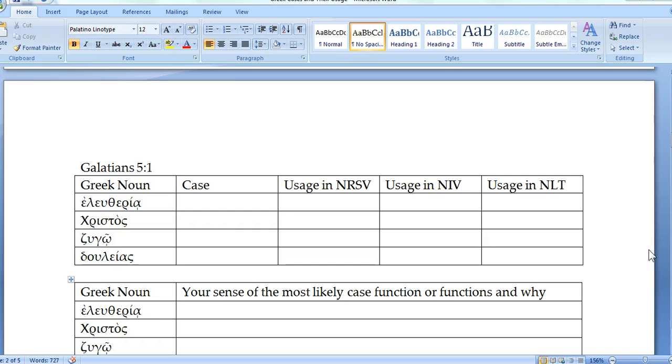The end goal, which I would hope for, is your ability to simply think about the distance between seeing a noun in a particular case in Greek and seeing the representations of that noun in a particular English translation, and thinking about whether or not that translation really is capturing the most likely case function of the noun, of that noun in that case, in that context, or whether there are other case functions that merit consideration, whether that emerges from a consideration of the different usages in different translations,